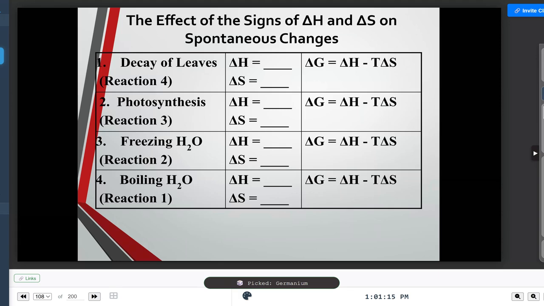Okay. So let's look at some examples in the real world. We talked about 3 and 4 already. Let's see how they connect to our formula, okay? So our formula, delta G is equal to delta H minus T delta S. Let's look at the situation that we talked about before with freezing. We said that with freezing, we were going to become more localized, right? So our entropy was negative. And we said that with freezing, we're giving off energy, right?